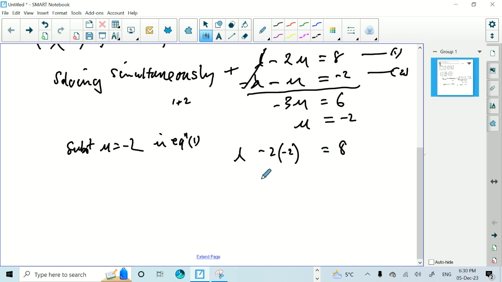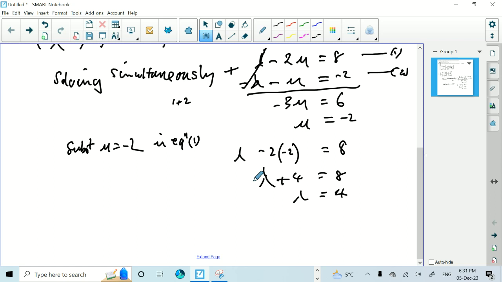So that gives me lambda plus 4 equals 8, which means that lambda is equal to 4. If lambda is equal to 4 and mu is equal to minus 2,